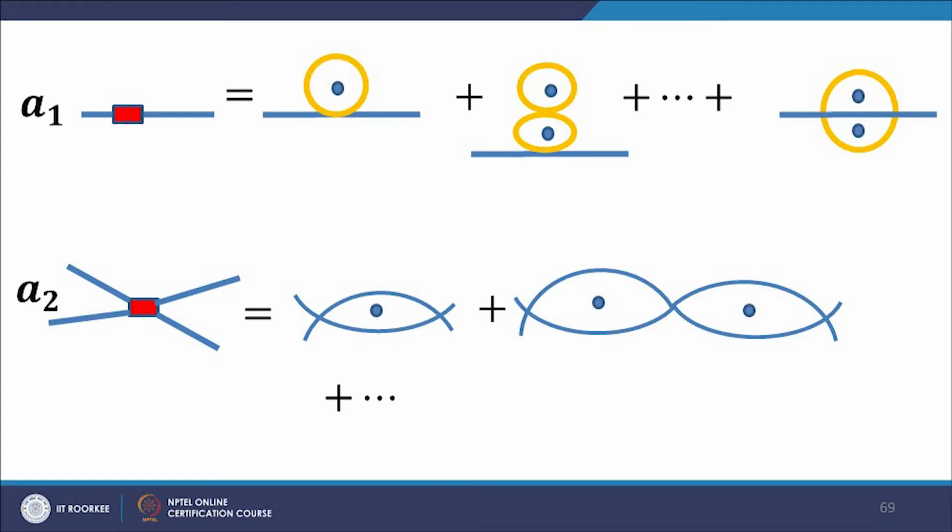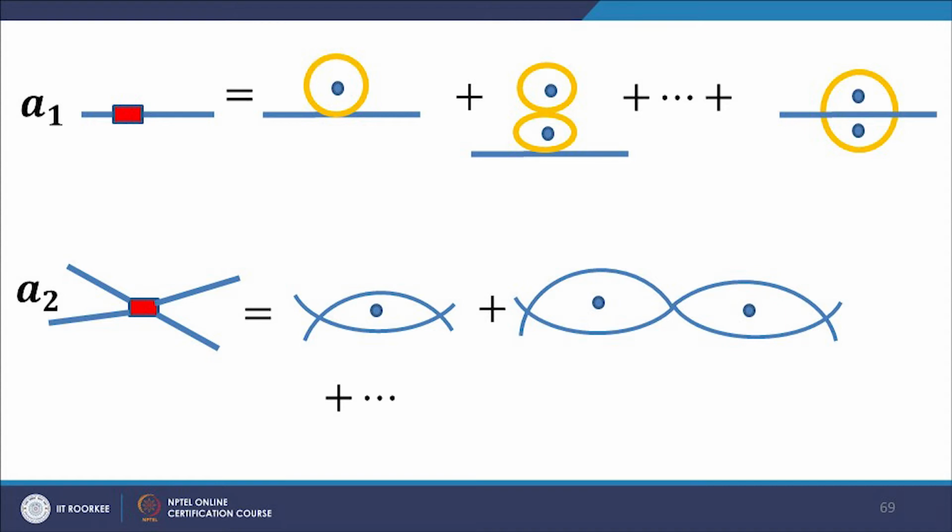The red colored boxes with two lines represent a single vertex with a dotted loop in this form, which is given here. This is nothing but C1 into the original loop. This is C1 C2 in original loop. Then we will have C1 C2 square into the original, and so on. And this diagram is the extra diagram here.